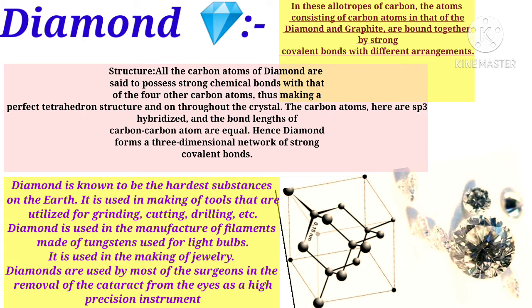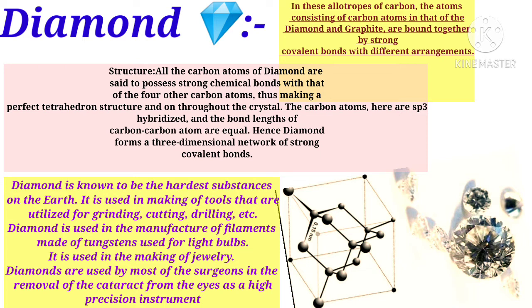It is a bad conductor of heat and electricity, a transparent material, and hard in nature, and it is transparent to X-rays and glows in the ultraviolet region with bluish green color. The refractive index is high. When properly cut, it produces maximum total internal reflection, which is responsible for its brilliance.